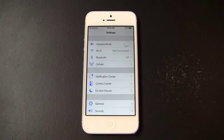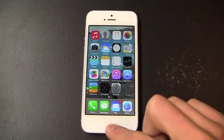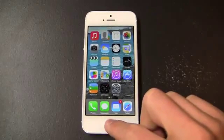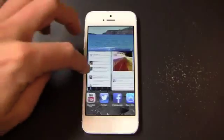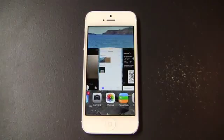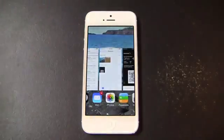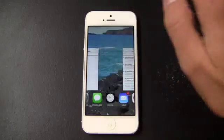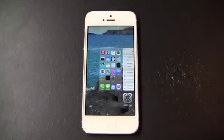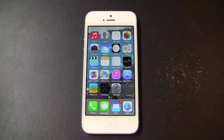So you got that, you got multitasking on this device, and of course this has changed as well. So all applications have background multitasking options now. So I can press and hold that twice, or double tap I should say, and swipe right through. Very similar to the cards in WebOS. So for example here, I can swipe out of camera just by swiping up, and boom, camera is gone. My emails as well, I've got my clock right there, I can swipe up and that's gone also. So again, very, very similar to WebOS, and of course the card setup in WebOS has been long gone, but they brought that over